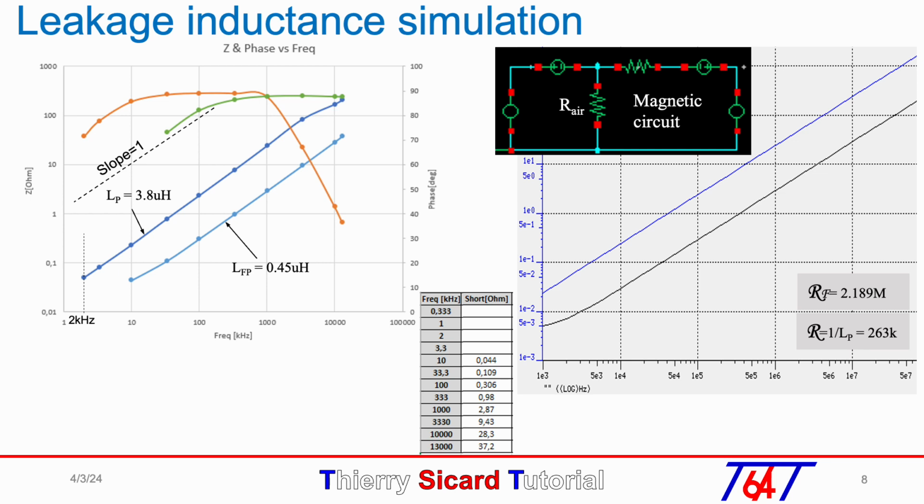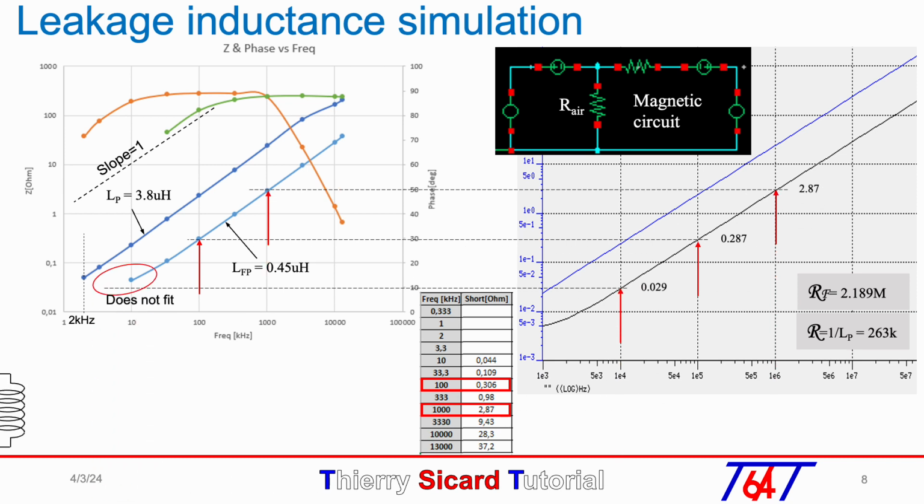With this value, we fit at 100 kHz and at 1000 kHz, but we can note that we do not fit at 10 kHz. The schematic can be done with a leakage inductance LF in series with a primary inductance LP. Now, our model includes the ferrite losses and the leakage inductance. So we are ready to do the model of the complete BCI calibration.